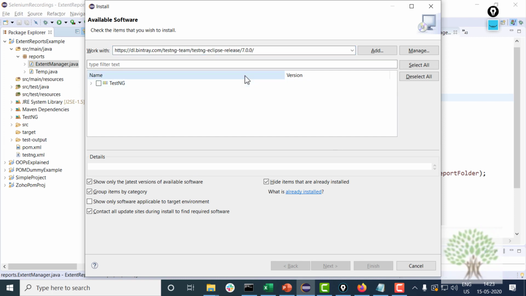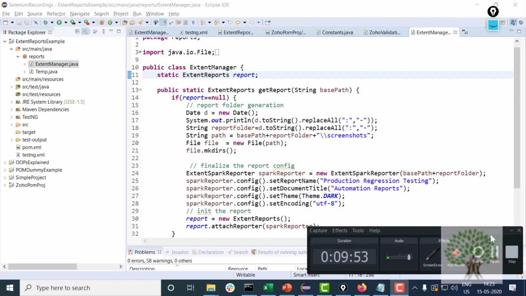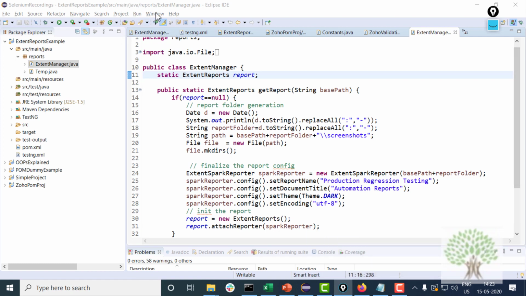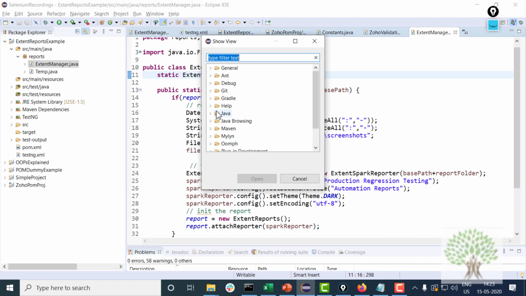Once you have installed it, you click on the next button and your Eclipse will restart as well. Then you go to Window, Show View, Other, and under Java you will have TestNG.